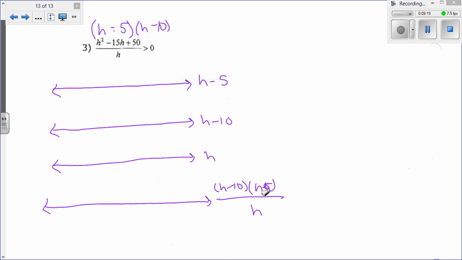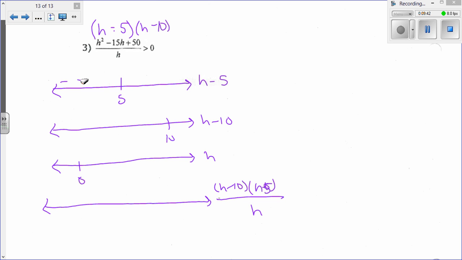So my 0 is when h is 5. My 0 for my second factor is when h is 10. And then my third 0, for my factor of h, is just 0. So if I put a number to the left, so I put 0 in, I get 0 minus 5,